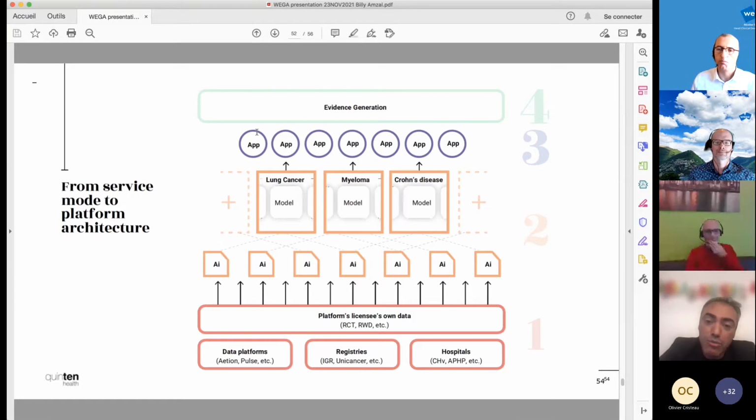Ultimately, we want these tools to be able to be qualified for evidence generation by the users and by the regulators of